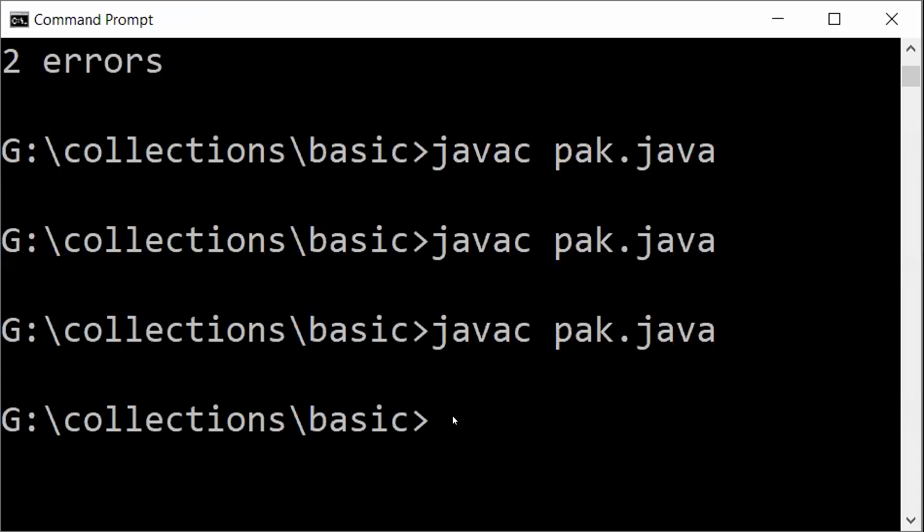See here, you're not getting any compilation time error. Why is that? Only for a few classes like String and Thread, you're not getting a compilation time error. But in the previous programs, where we used the Scanner class and ArrayList, we got a compilation time error. So how did we fix that? Either by writing the fully qualified name or by writing the import statement. But in this case, we are not getting an error.